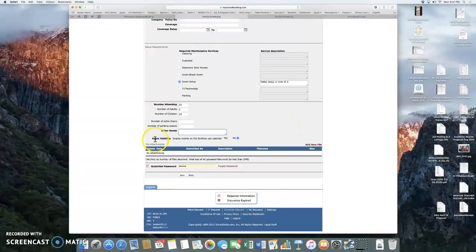You'll notice this here, event visibility. This will always be defaulted to no. This system is also going to default as our public calendar for the district. And if you had an event like, let's say, you were having a meet and greet at